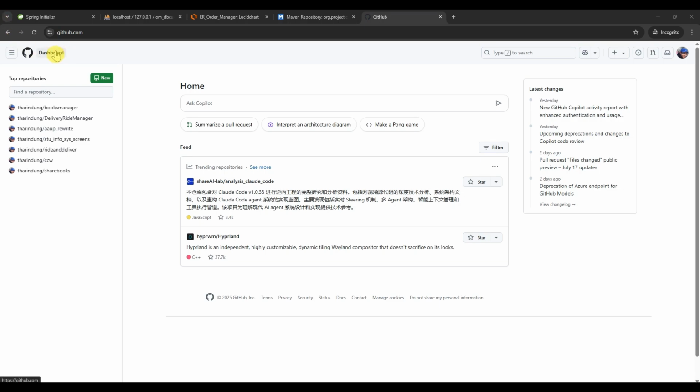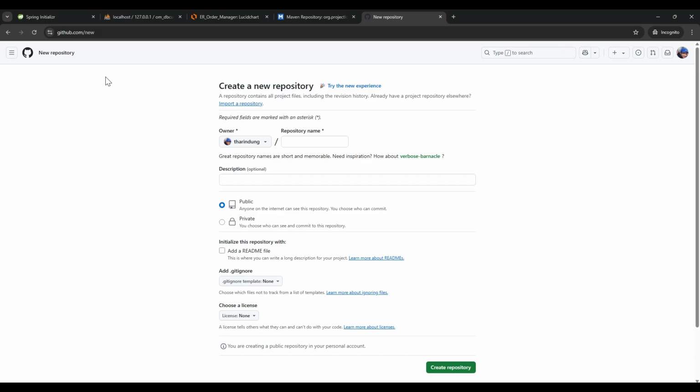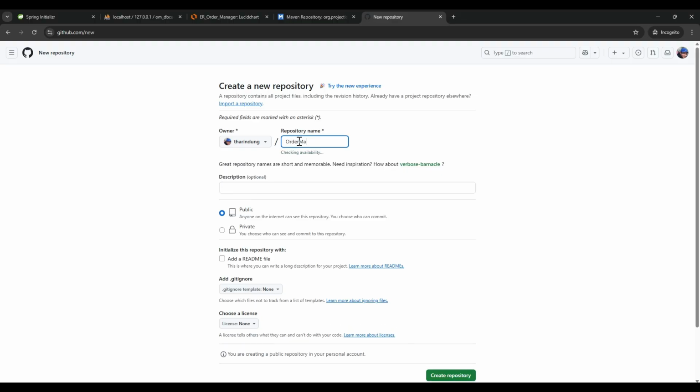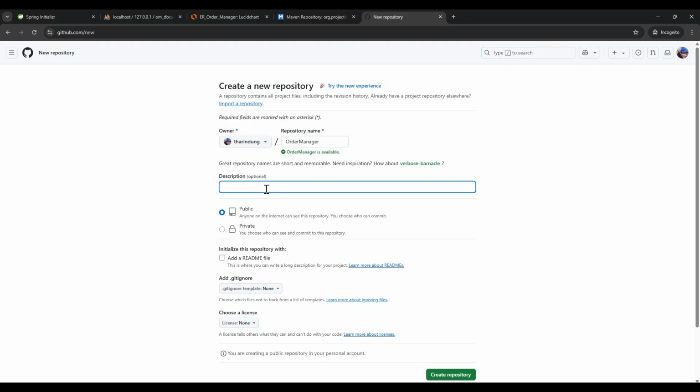In this section, I'm going to create a GitHub repository to store our code. In my GitHub account in the dashboard, I can just click this new button to create a new repository. I will give a name, something like order manager, and then I will give a description as order manager microservice